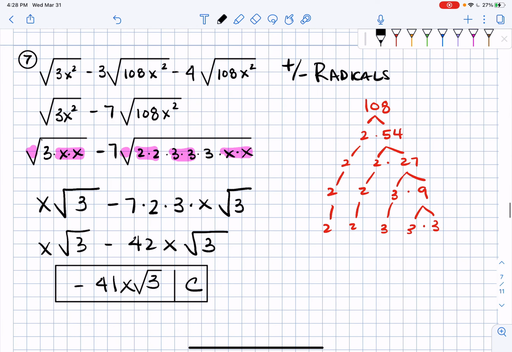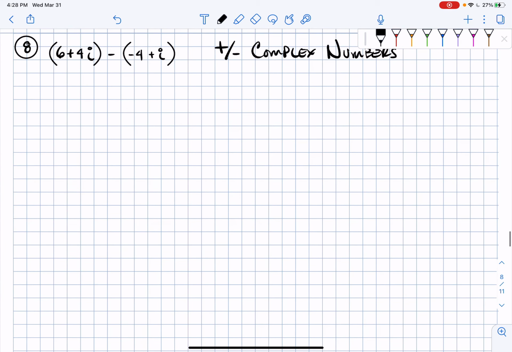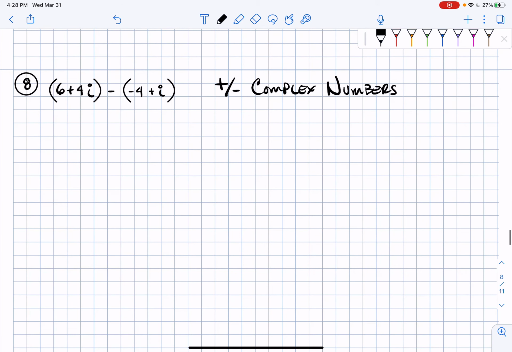Okay, so that's number 7. Let's go on to number 8. Okay, so number 8. The biggest part is going to be this part right here. Don't forget to distribute that negative through. So what I would have is 6 plus 4i